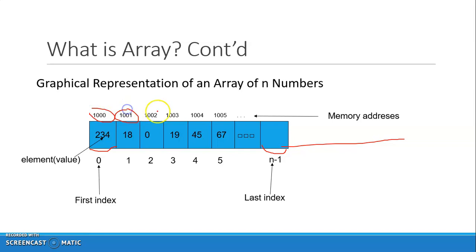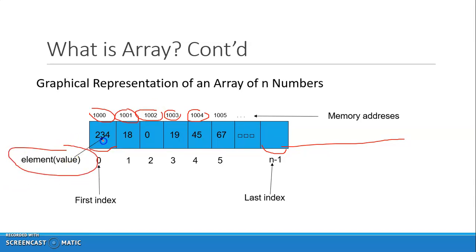We are just trying to show that the addresses are next to each other, that these values have been allocated spaces next to each other contiguously. But for the discussion of this chapter, we are not interested in the memory addresses. What is of importance are the